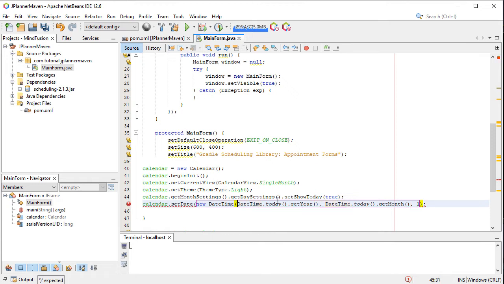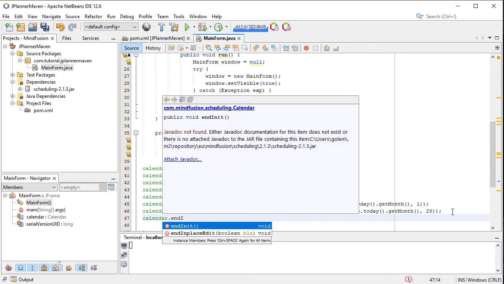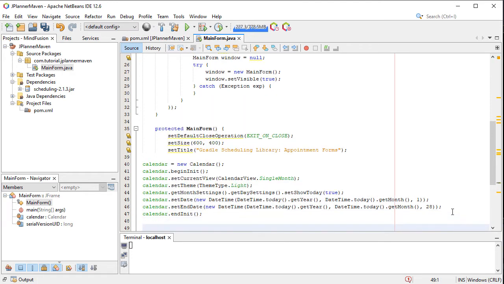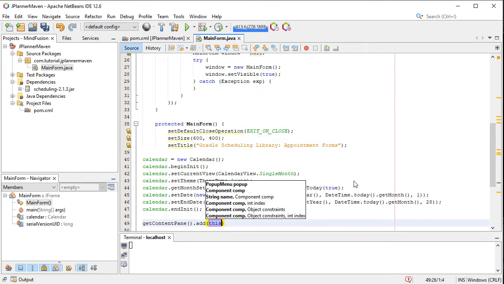This will guarantee us that the whole month will be rendered, no matter its days might be 30 or 31. Let's add the calendar to the content of the form and make it stretch to fill the available space.